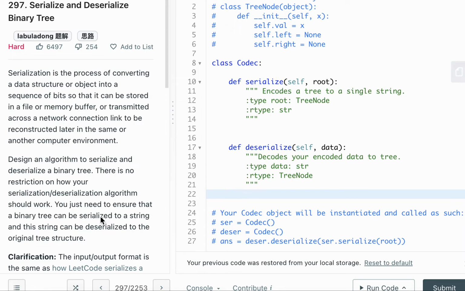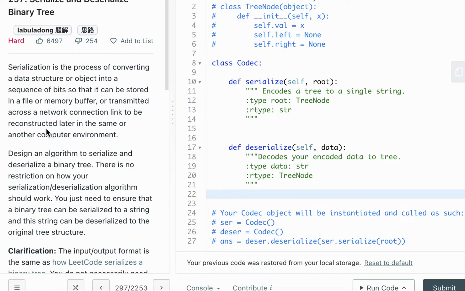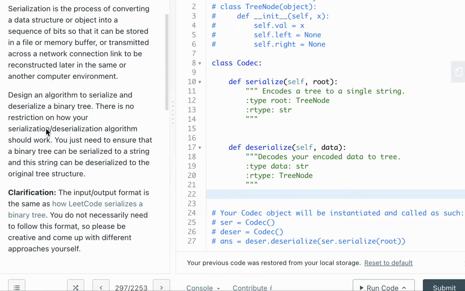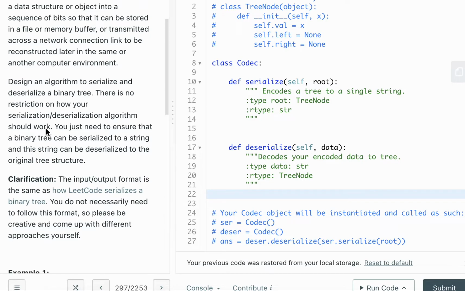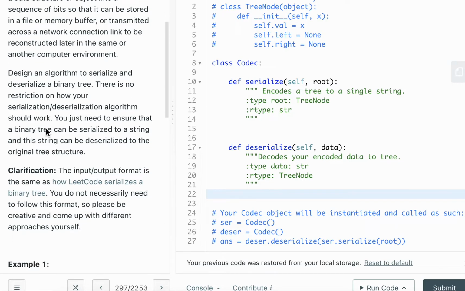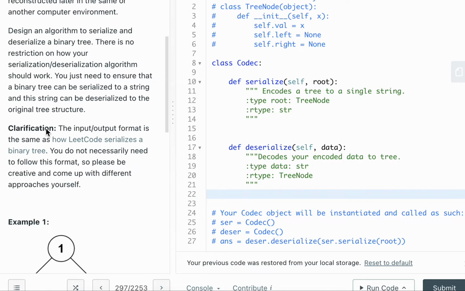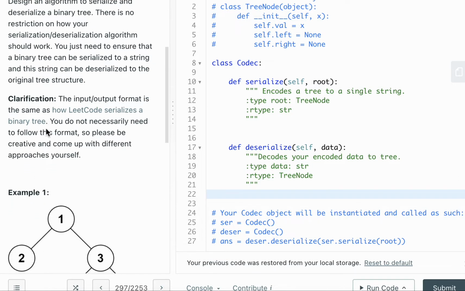Everyone, I'm going to show you how to solve Leetcode question 297, serialize, deserialize a binary tree. It's a hard Leetcode question. Serialize is the process of converting a data structure or object into a sequence of bits so that it can be stored in a file or memory buffer, or transmitted across the network. Basically, what it asks you to do is that